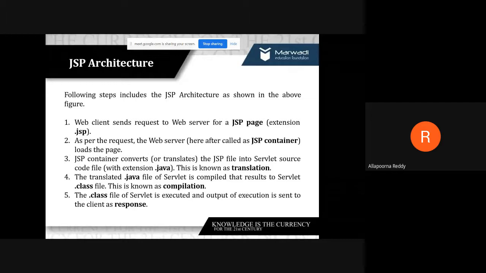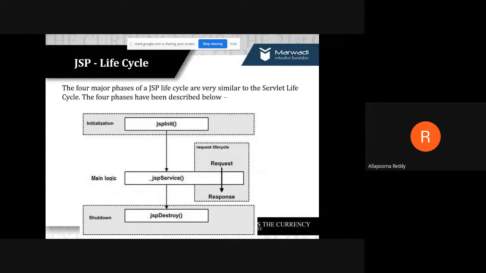The servlet .class file is executed, and the output of execution is sent back to the client as a response. We have seen the same thing with the pictorial representation; I just orally explained the total 5 steps that take place in JSP architecture.